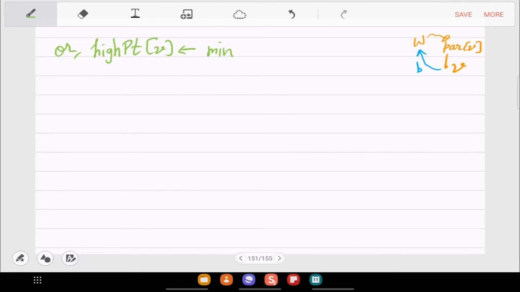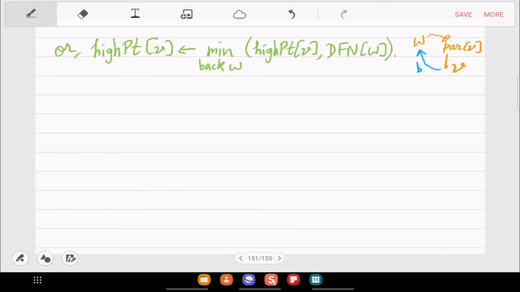So this is minimum over the back edge with DFN of W. So in the pseudocode, depending on what you are seeing, use one of these updates, and recursively the high point array improves.